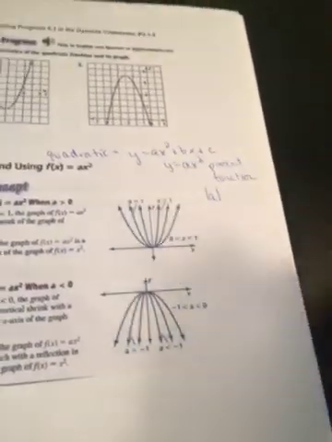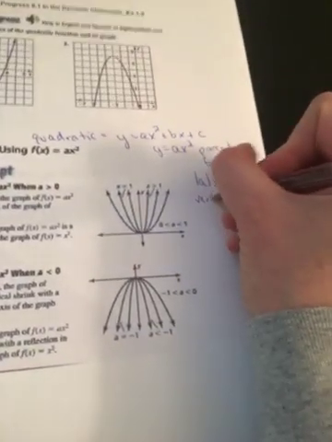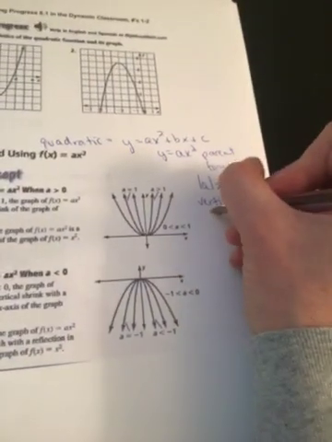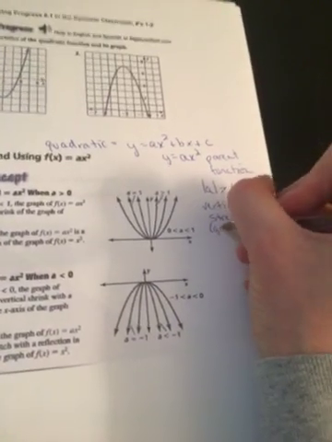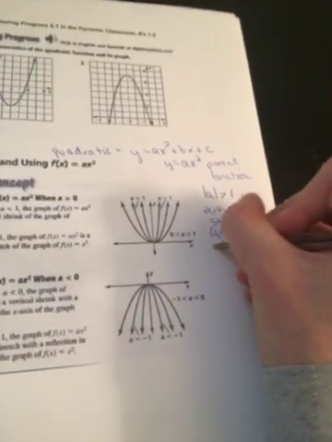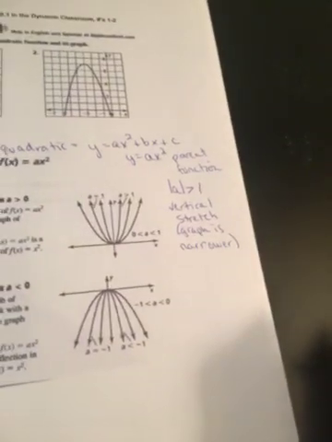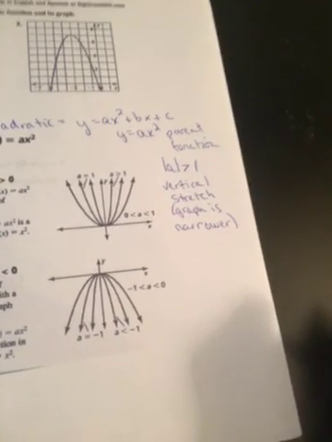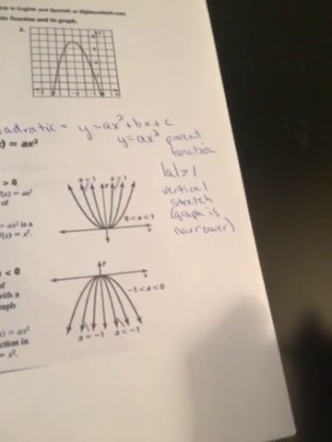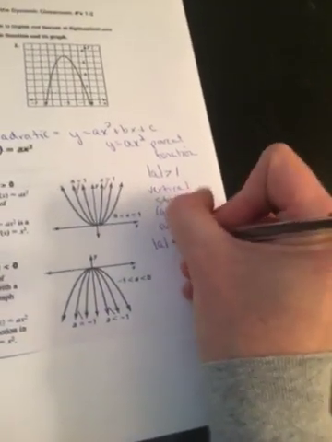When the absolute value of the a value is greater than 1, we have a vertical stretch, meaning the graph is getting narrower. Think about when you are stretching a rubber band. That rubber band gets skinnier, and that's what happens to a quadratic. When the absolute value of our a value is greater than 1, it is a vertical stretch and the graph is getting narrower. When the absolute value of a is less than 1,